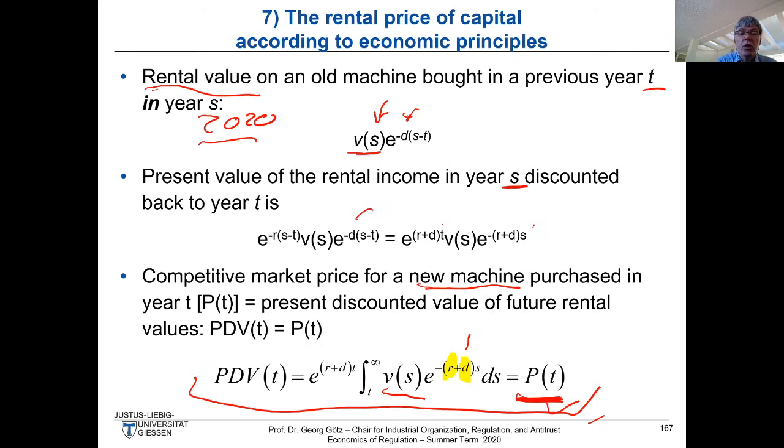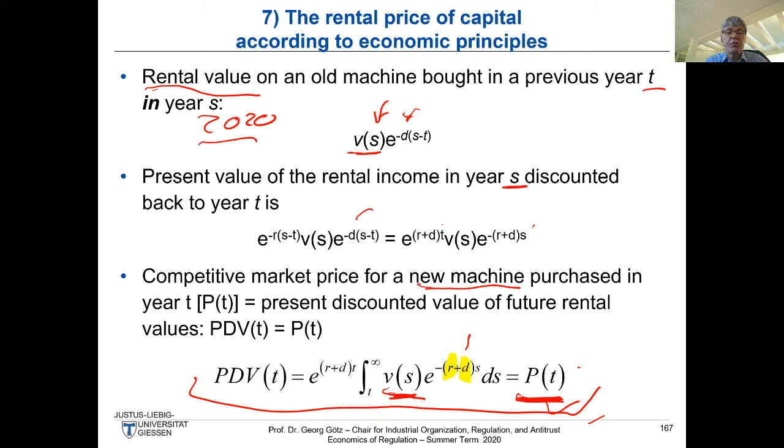You buy that today, and given that we are in continuous time, what you are looking into is just derivatives. How would that change over time? And that's actually what you also have to do in a problem we will discuss in the next assignment. So if we take the time derivative, where we calculate what the rental value will be in the next period, of course we get on the right-hand side just dp dt,